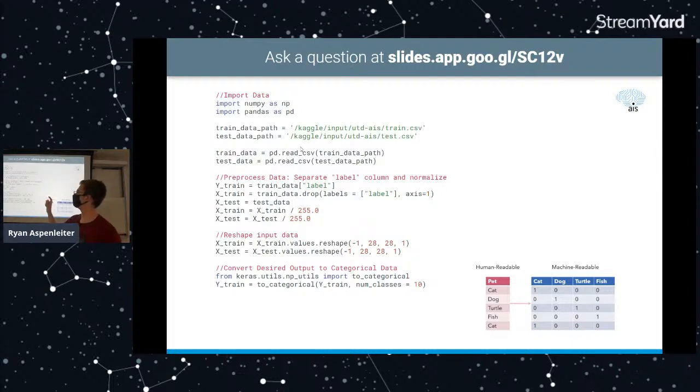If we're going off of this example, the first option is a cat. In that case, it should be a 100% chance cat, 0% dog, 0% turtle, 0% fish. Now, our bot is not going to be that accurate, but that would be a metric we use for learning, because ideally we want to get as close to that as possible.